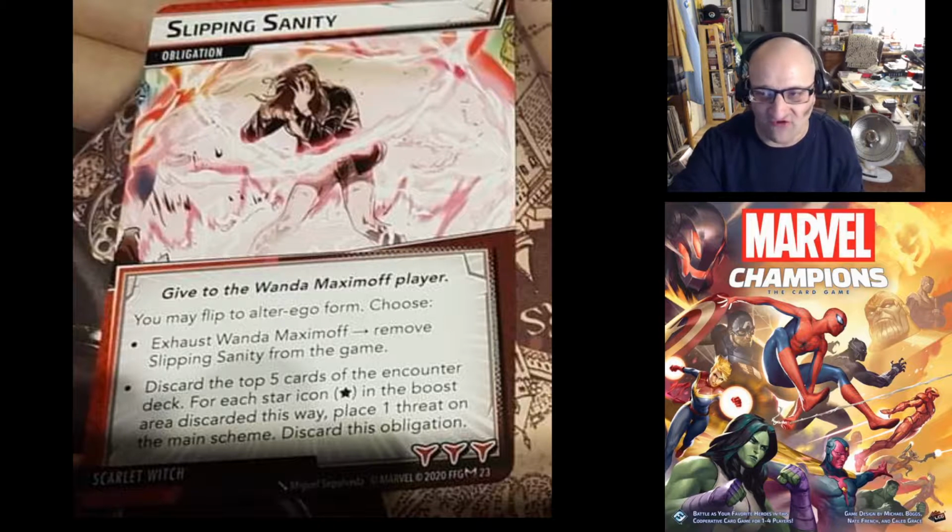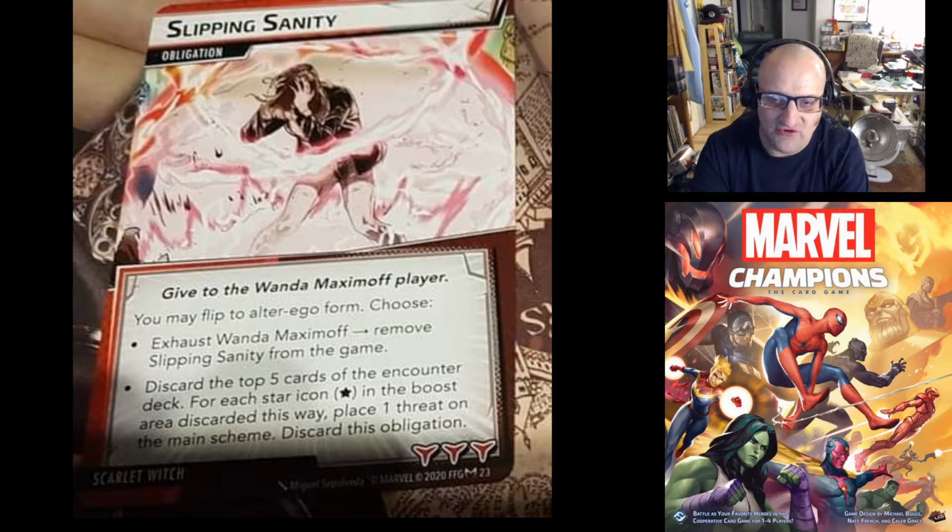than you would if you had a lot of stars in the deck and you just drew, let's say you draw 5 and you have 5 star symbols show up, that's 5 threat potentially. It's probably never going to be that much. It'll probably be between maybe 2, maybe 3 at the most, I think. But still, depending on how much threat is already on the main scheme, you may want to go with option 1. But these obligations are usually very difficult to choose from, because one way,